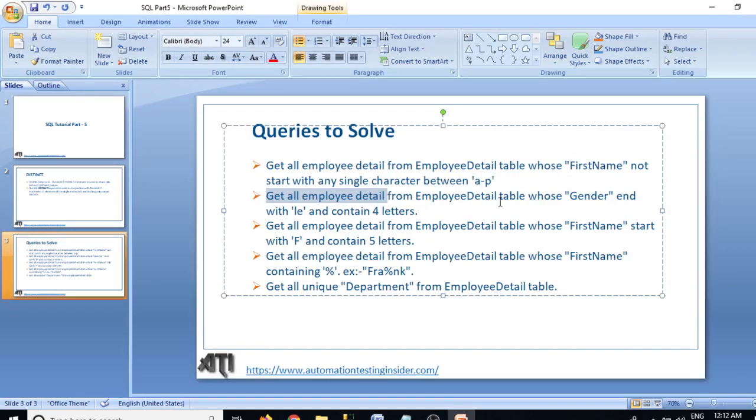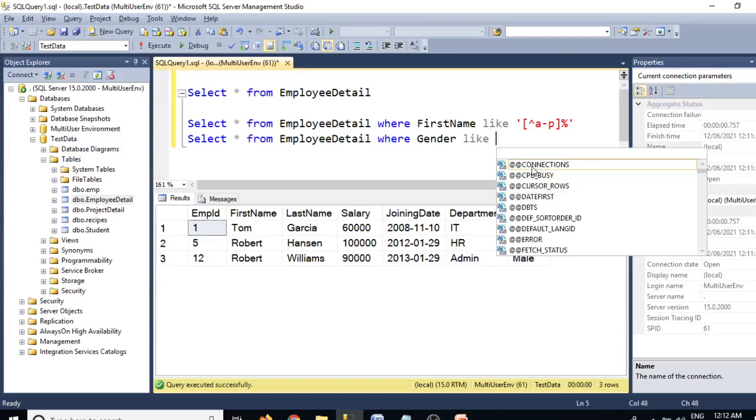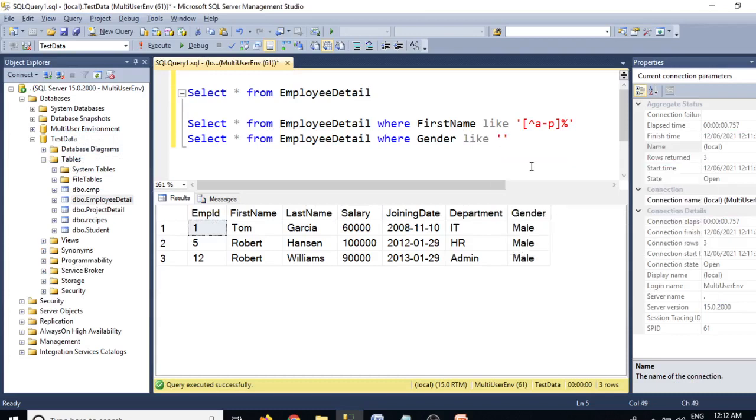So from employee table whose gender ends with LE and contains 4 letters. We know this underscore represents a single character. So we can write like this: 1, 2 and LE, which ends with LE. So we'll write 2 underscores over here, and then LE.